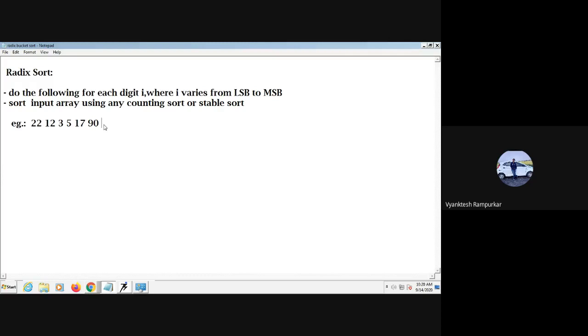Suppose there is also 51. In the first step, we sort according to the unit place, that is the LSB.